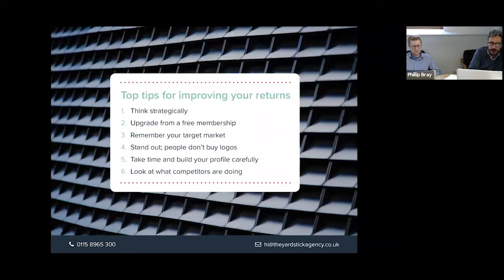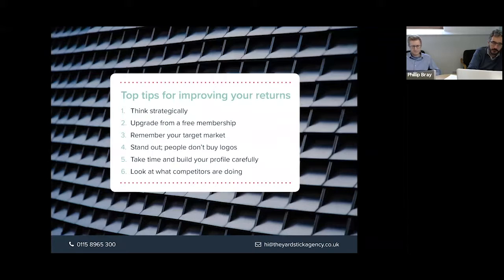So let's finish today by looking at our 11 top tips for improving your returns. The first is to think strategically. Don't just dive into building your Unbiased or VouchedFor profile.